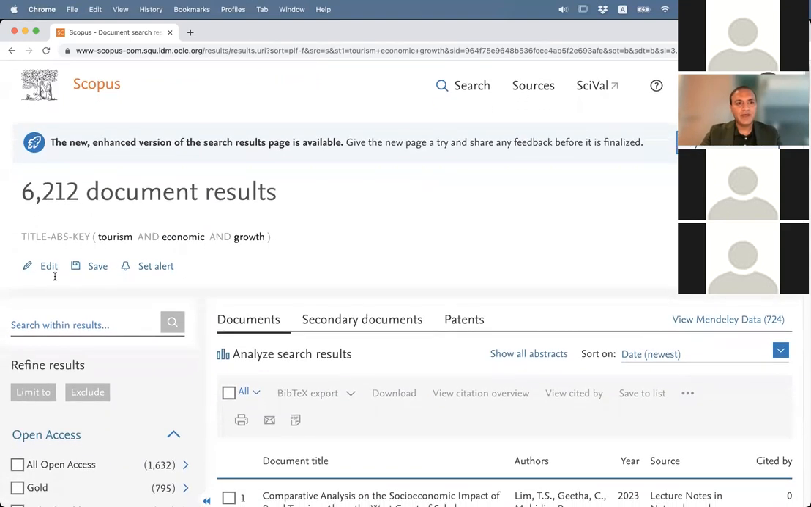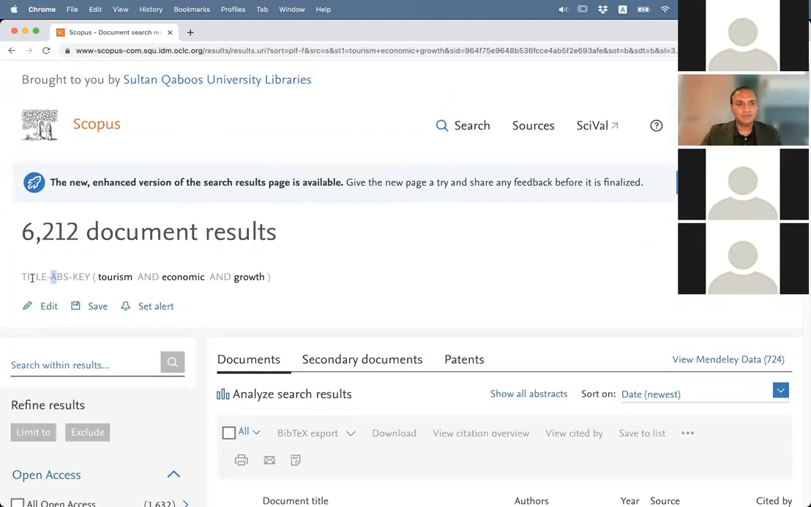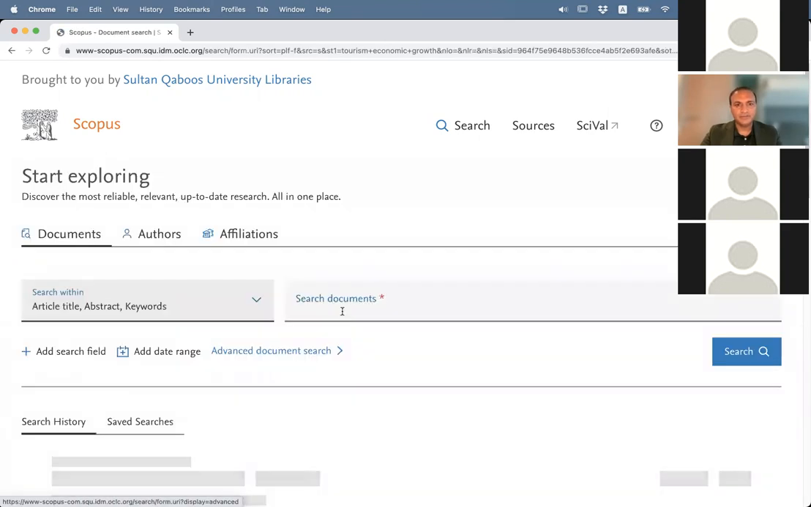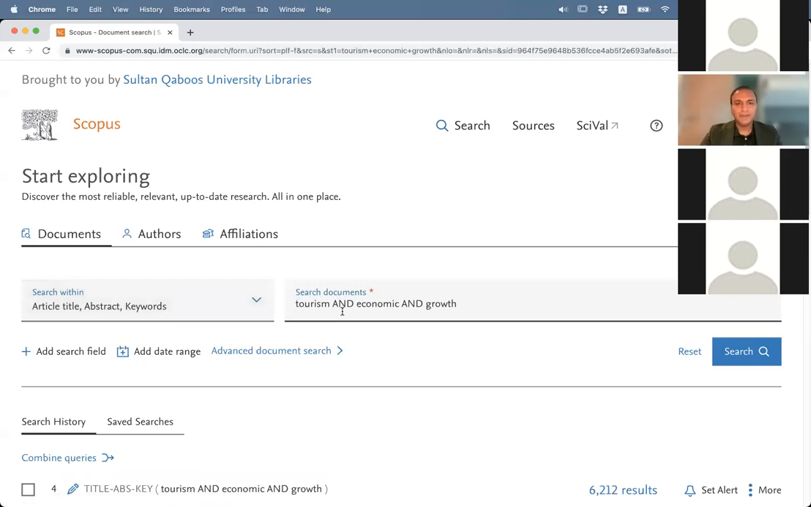But still, there might be some irrelevant articles. Why? Because I am searching in the abstract also. So I'm searching in the title, I'm searching in the abstract, and I'm searching in the keywords. So maybe some articles are mentioning economic as a separate thing, growth about something else, and tourism, they are just maybe mentioning about tourism. So whenever you are searching articles, you need to start always with the title search, which is a very, very good tip. And also, in Scopus, I like to use this advanced document search because you get more flexibility